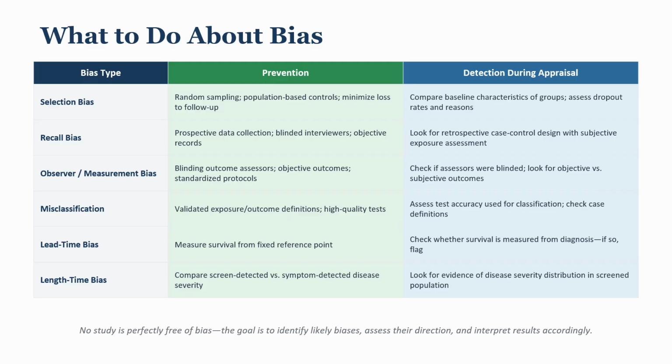Body weight, serum creatinine, tumor size by imaging, rather than subjective assessments that are more vulnerable to observer expectation effects. For misclassification, use validated, high-quality case definitions and exposure classifications. If an imperfect test is used to classify disease status, quantify its sensitivity and specificity, and apply a misclassification correction in the analysis. For lead time and length time bias, the analytical solution to lead time bias is measuring survival